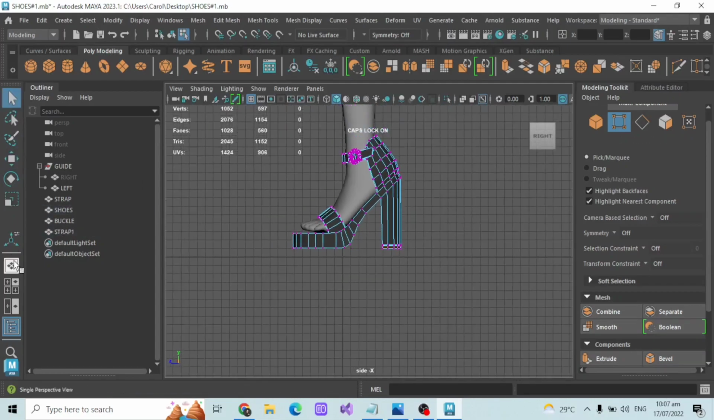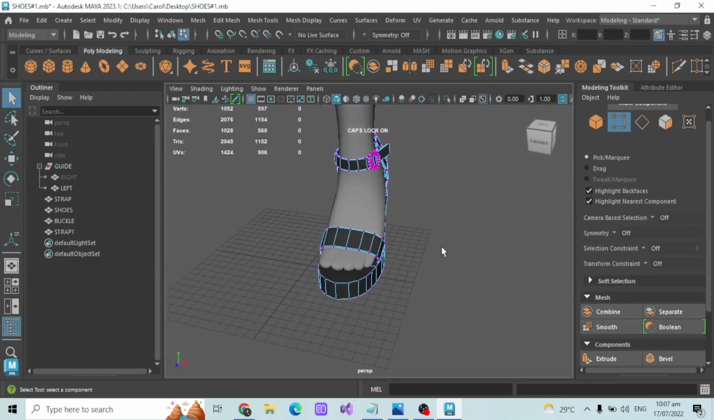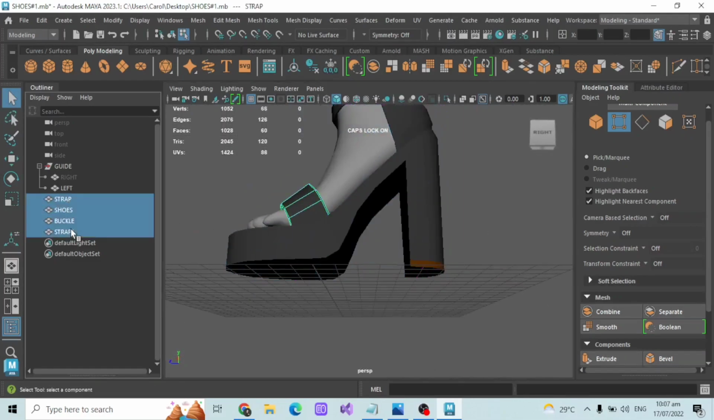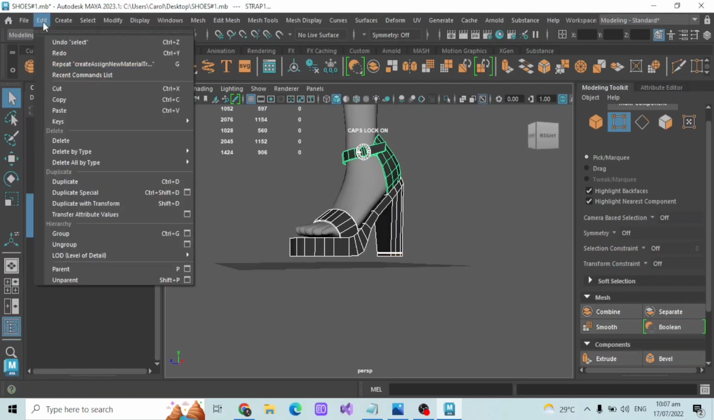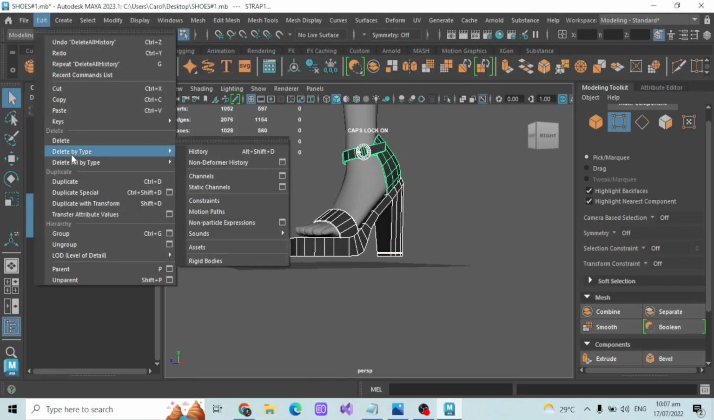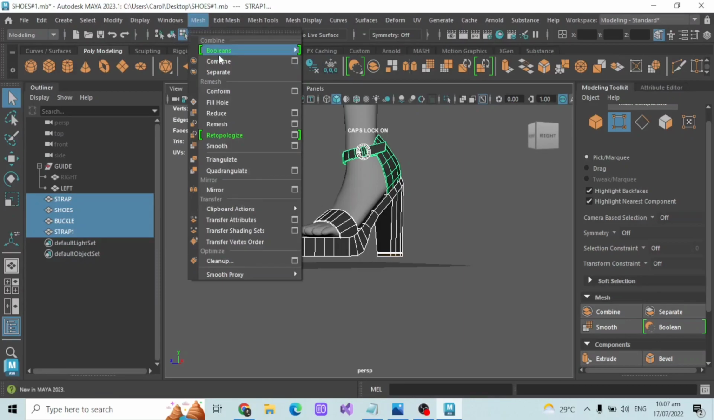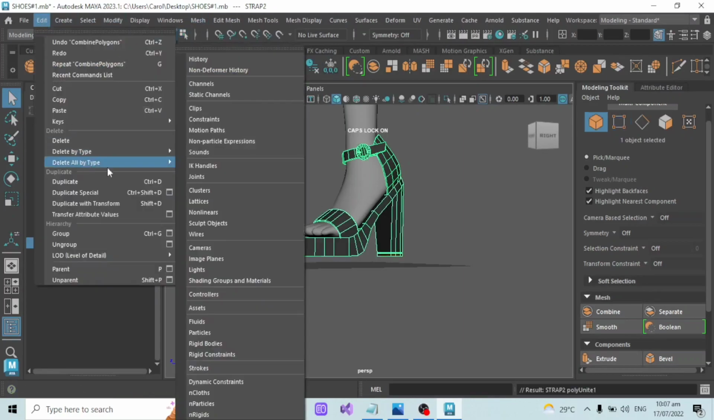So there, but that's basically how you create shoes. And I'm pretty much okay with what I have here. It's completely up to you if you want to add more details. But once you're finished,